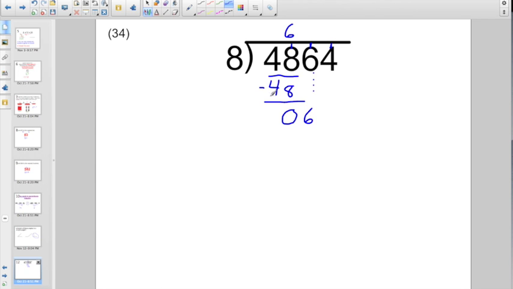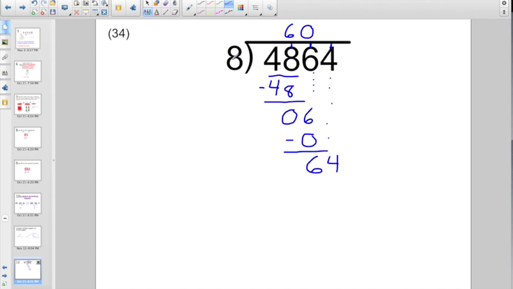How many times does 8 divide into 6? Well, if I said 1, that would be too large, right? The only number that'll work is 0. 0 times 8 is 0. Multiplying it back for 0, subtracting it for 6, bringing down my next number, which is a 4, and I'm parking it right next door to that 6. Third time through,